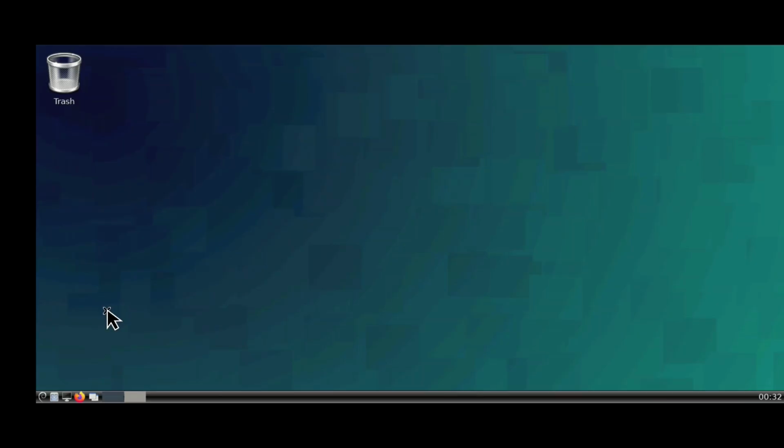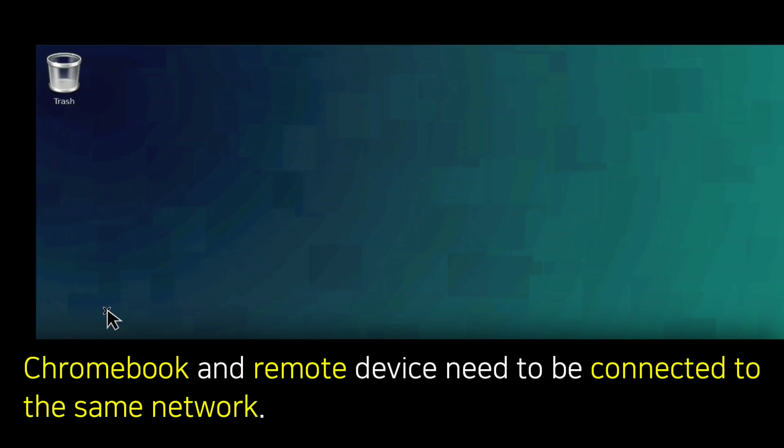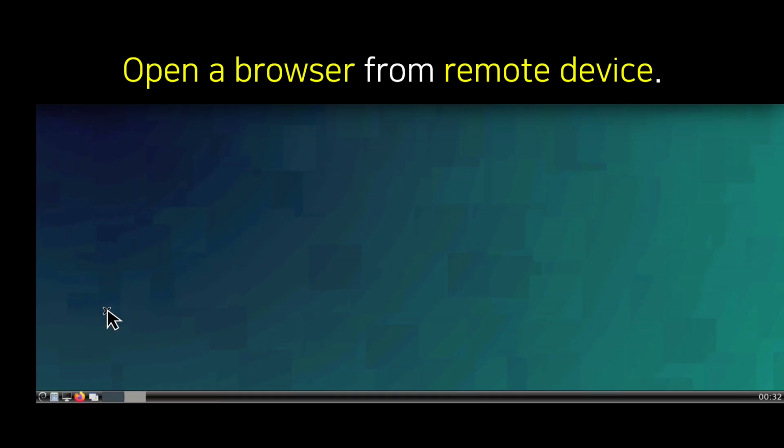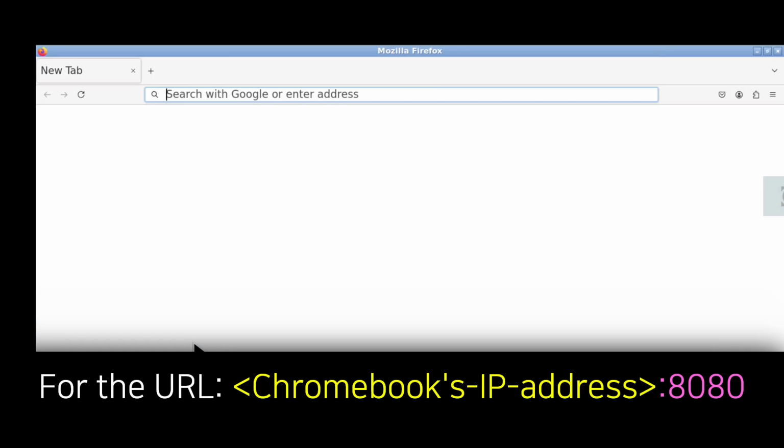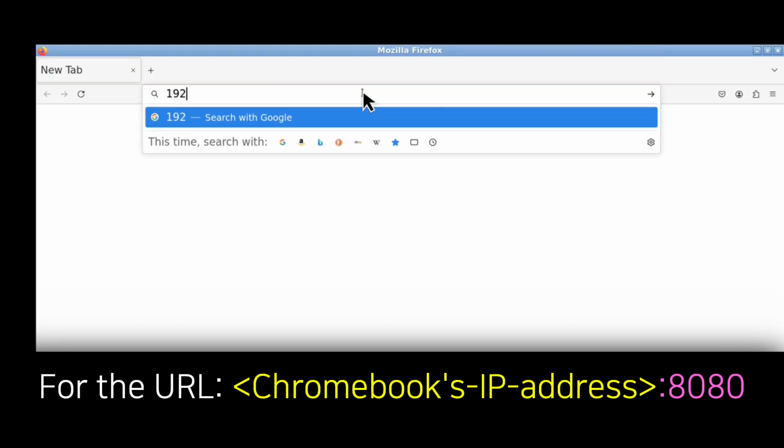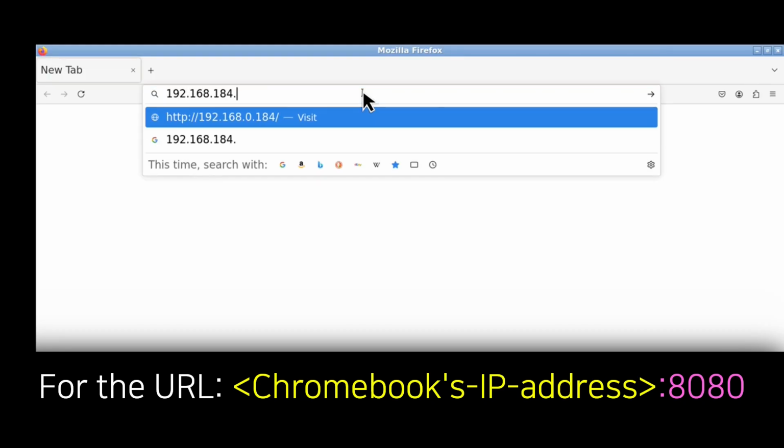For my example, I will be accessing the Apache web server from an Android device. Remember, the Chromebook and the other device we are using to access the Apache server need to be connected to the same network. Now from the remote device, we can open a browser. Then from the top of the browser for the URL, we can type in the Chromebook's IP address, followed by